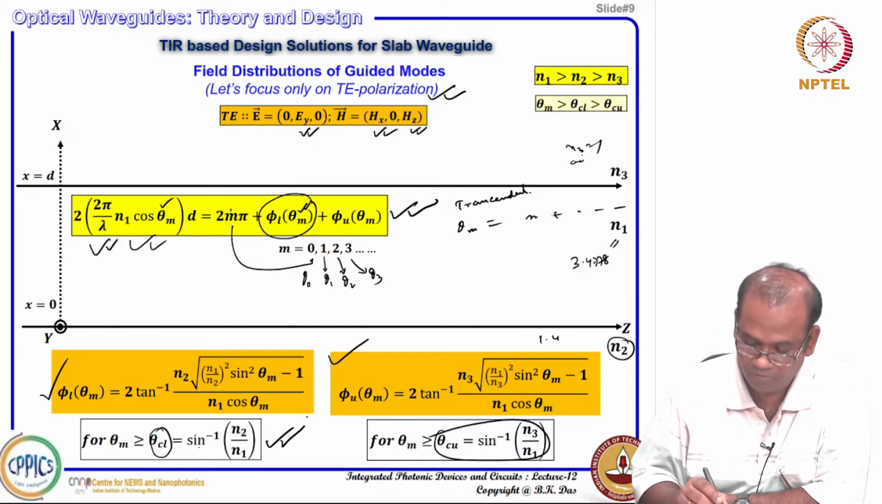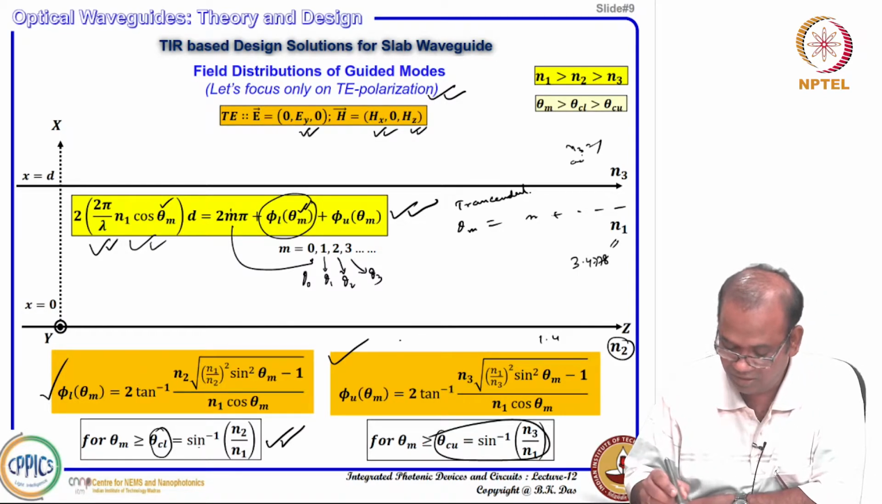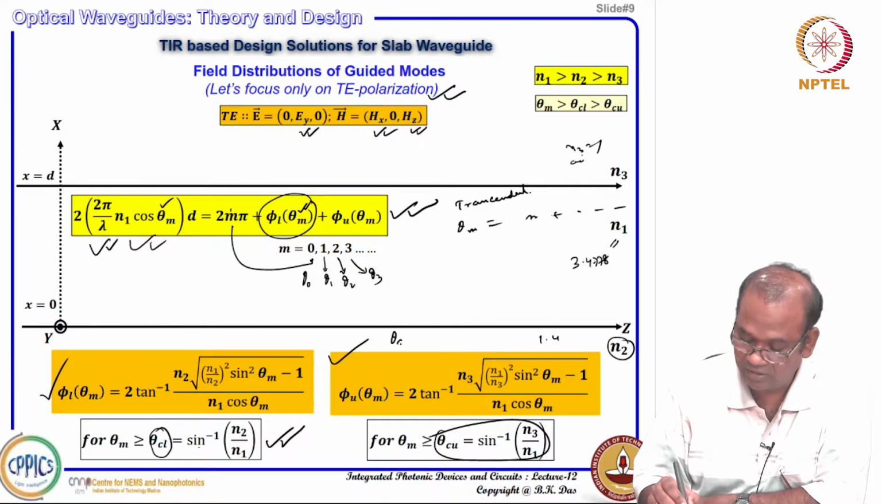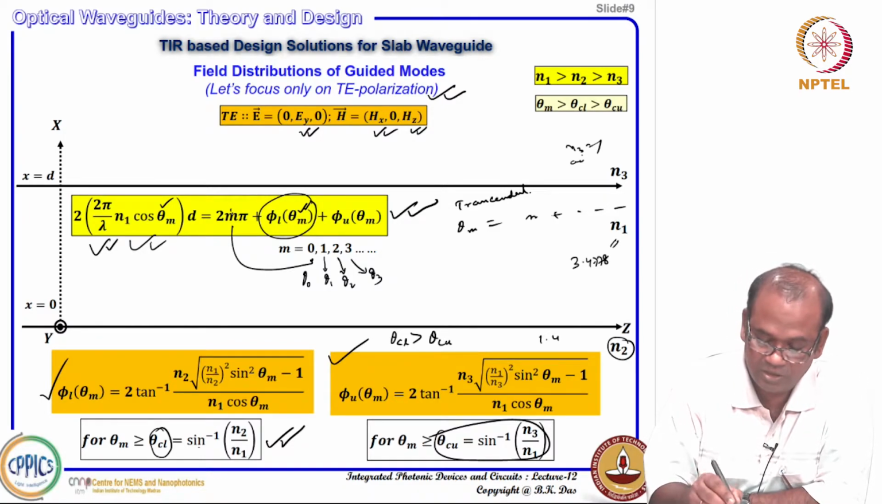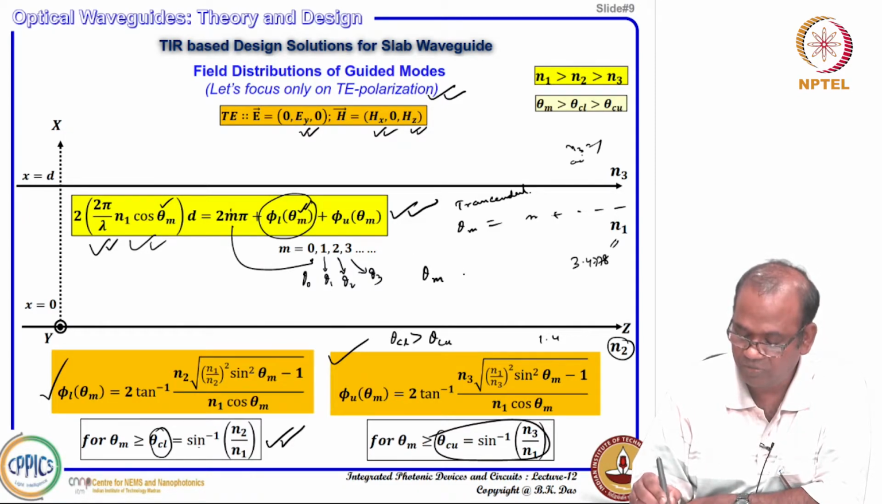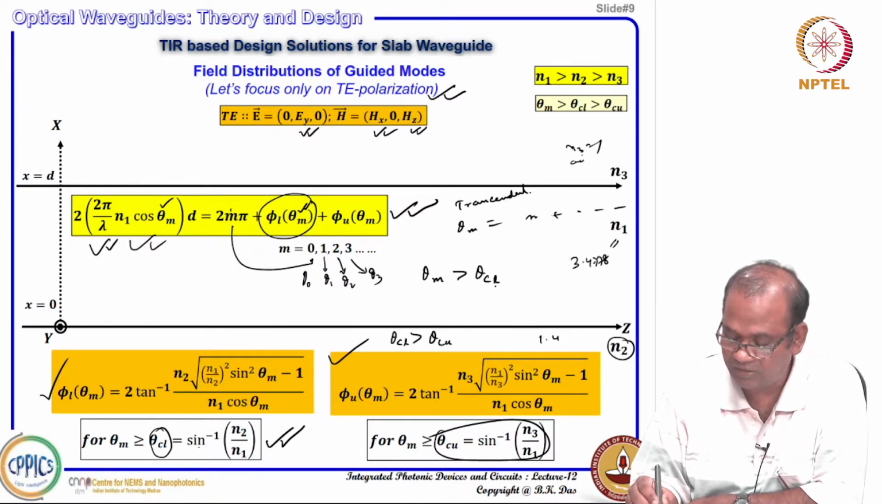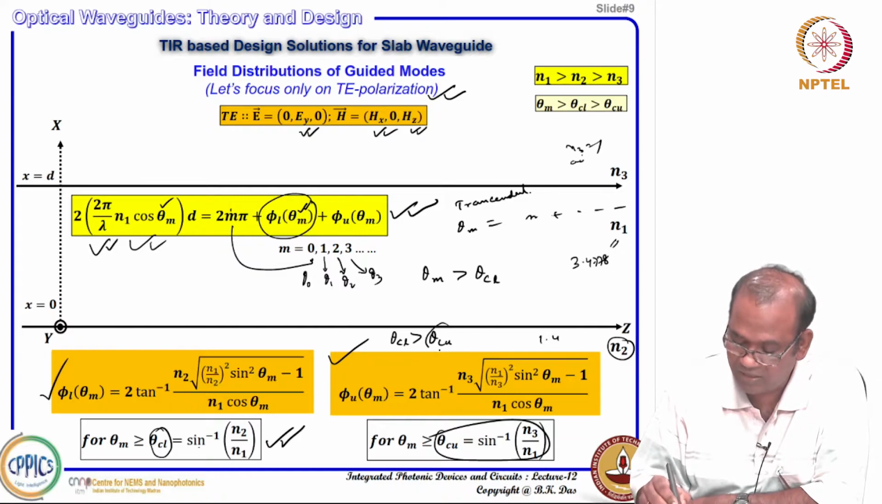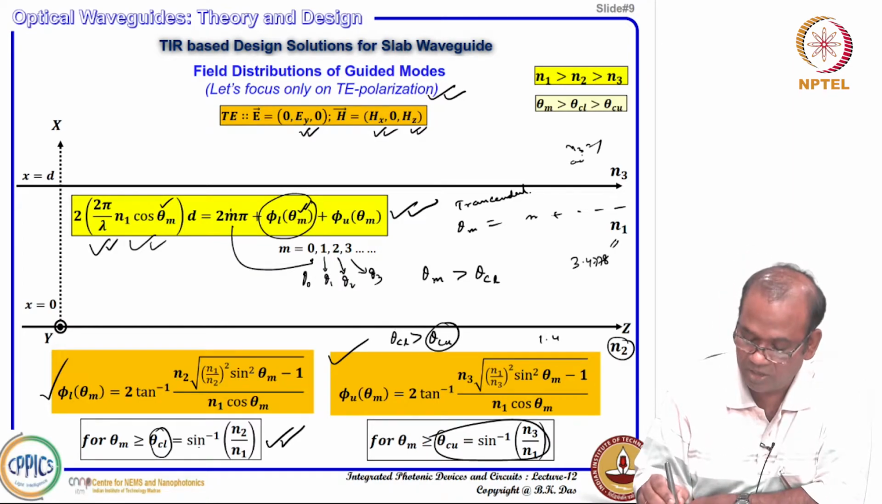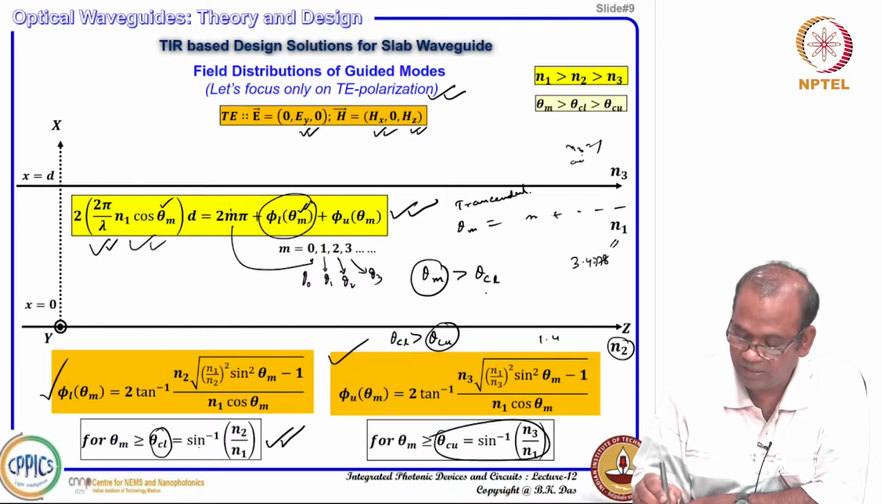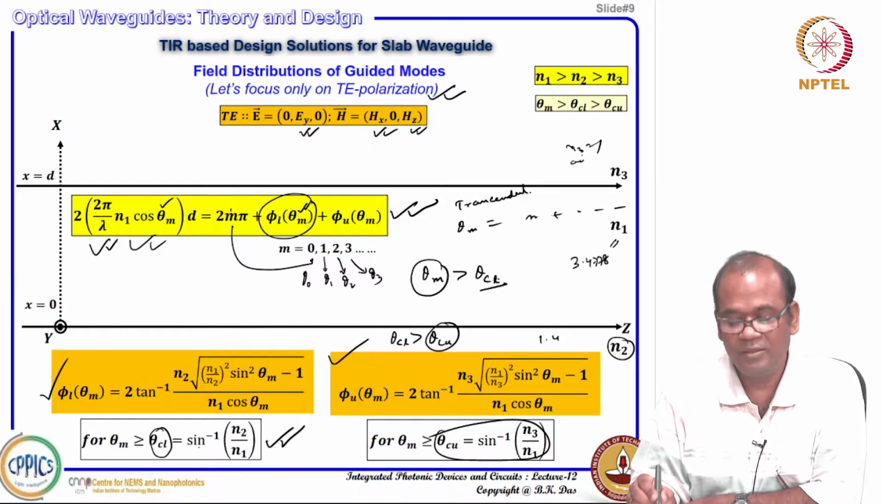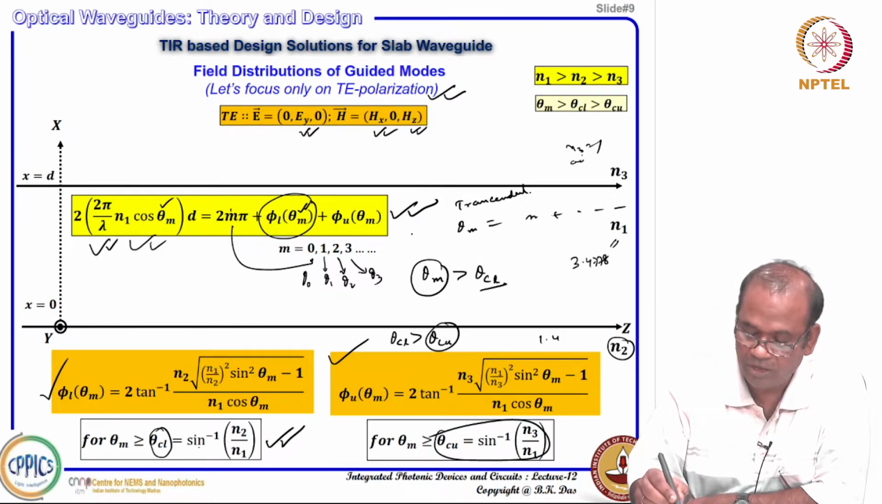In this case, you know that n2 is greater than n3, that is why I can easily say that theta cl is greater than theta cu. So, that means your theta m solutions must be greater than theta cl at least. If it is greater than theta cl, then it is obviously greater than theta cu. That means, if you get a solution which is greater than theta cl, that ensures the total internal reflection in